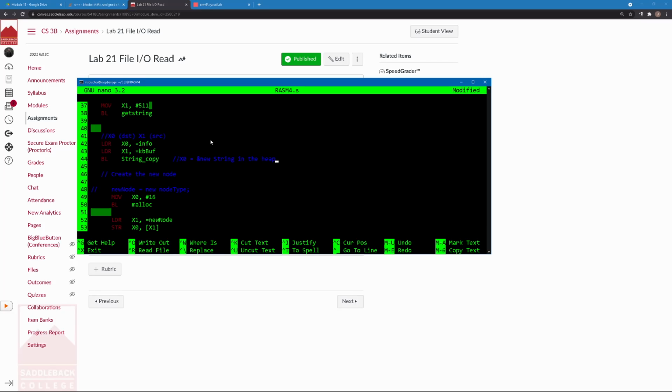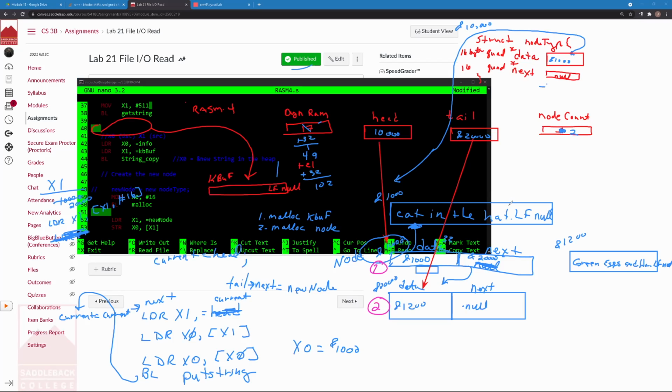Okay, so that whole thing that we did before, right? Let me go back and look at this part right here, where "cat in a hat" was extracted out of the keyboard buffer. That's what string copy just did for me. Now, if I want that line feed in there,